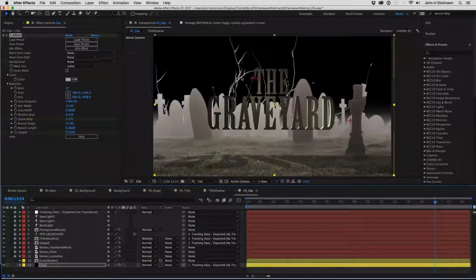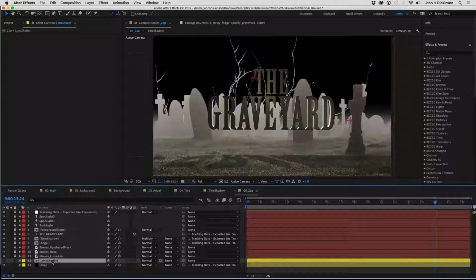Okay, so I've got the branches behind, and there's a layer above it called Lunar Shader, and I'm going to turn that on and explain what that is. Obviously, as the branches grow up in the scene, they grow by animating the length. They go in front of the moon, and that was on purpose. I wanted them to grow in front of the moon. But I noticed that because the moon's quite bright and these branches are bright, it was disappearing in front of the moon, especially with the glow effects on. So what I've done is, if I just solo that,